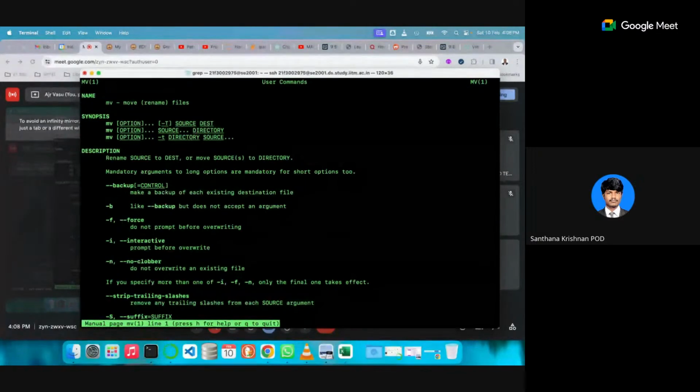Because when you are writing scripts, the -t option is very useful. There is something called xargs. It will convert your standard input into arguments. That will come in really handy when you are doing shell scripting programming. At that time, this option will be very useful. Got it, sir.